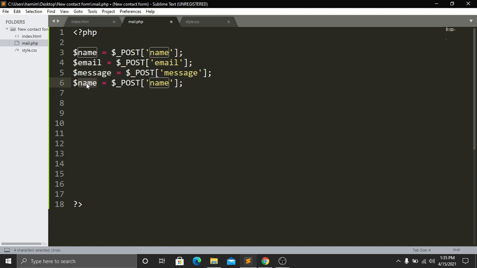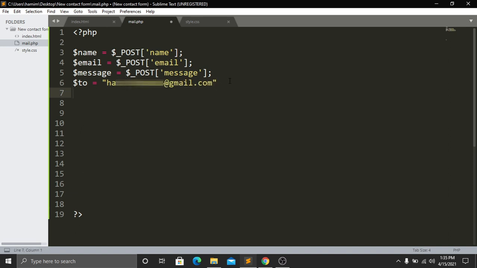And here we have to give the receiving email address where I want to receive my messages from the user. So that's why we have to give an address here. So the variable will be $to, because I want to receive the message into an email section. So that's why here inside this code we have to give the email address where we want to receive the messages from the user. So here I will type my email address. So guys, here is my Gmail address.